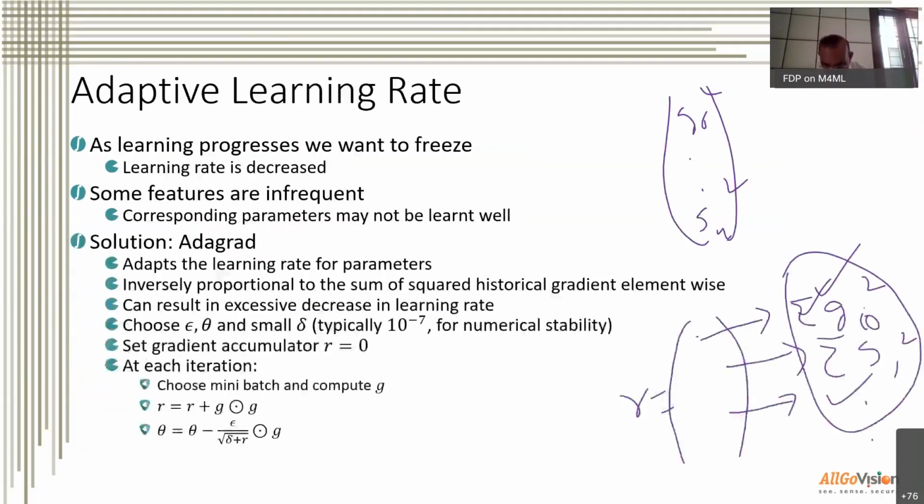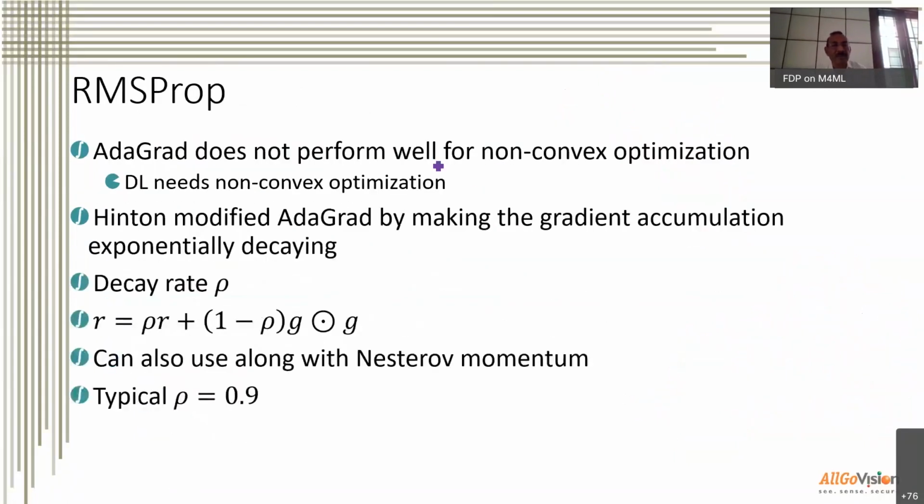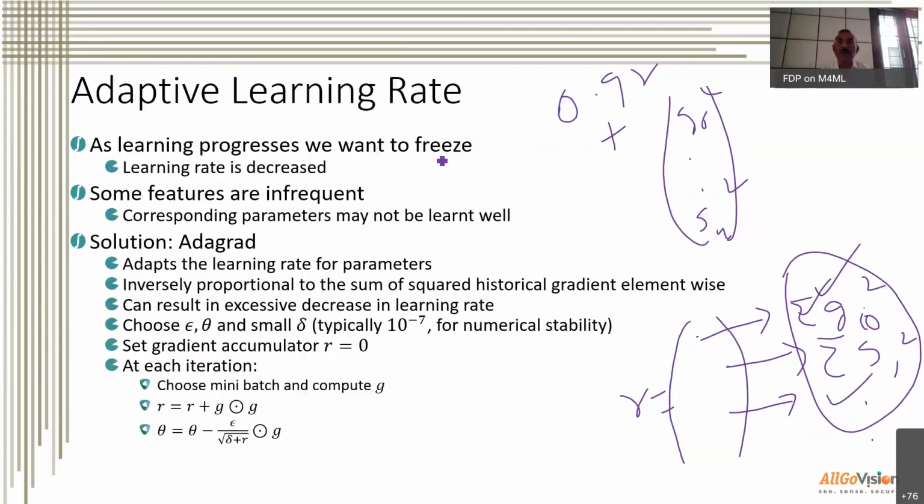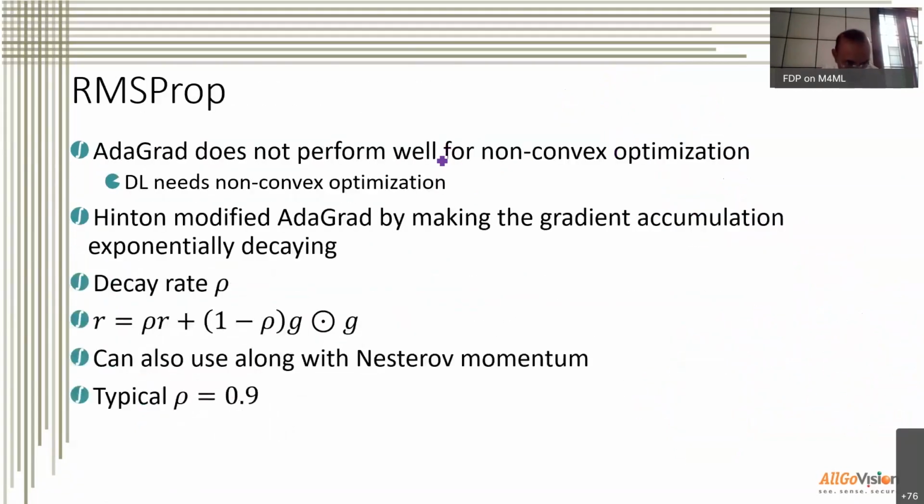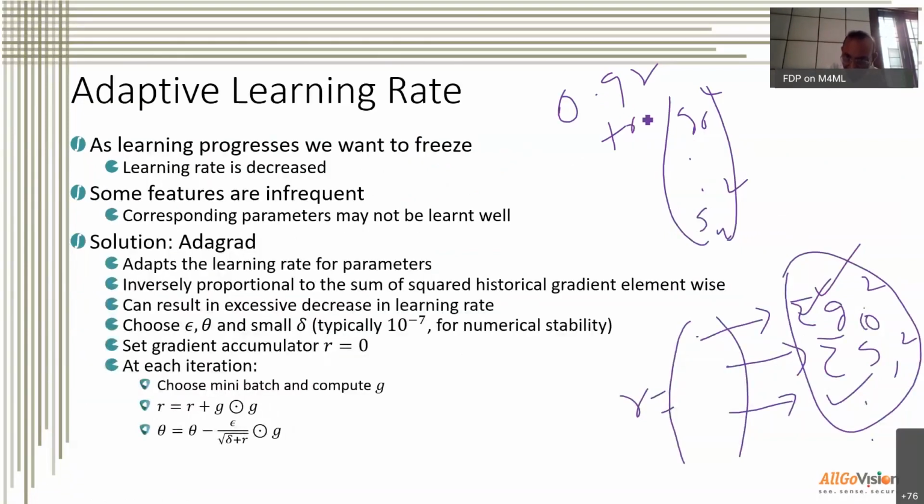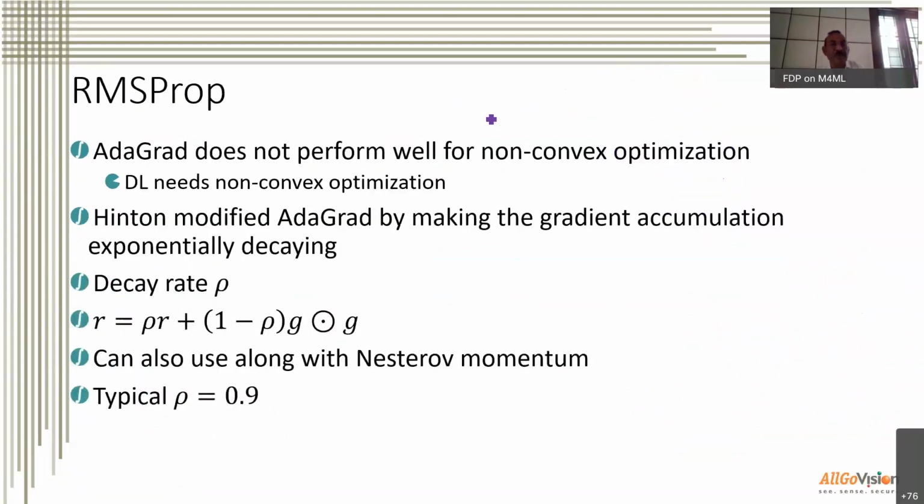What was happening was, here the R continues to grow, right? So here what we are doing is, from the previous R, let's say I take only 90% of the previous R and add to it the new gradient. So 10%, I add the new gradient, 0.1 times the new G square, right? That's the kind of thing